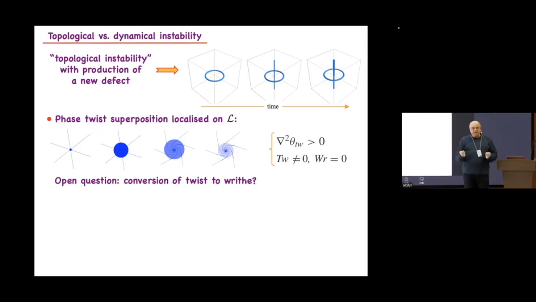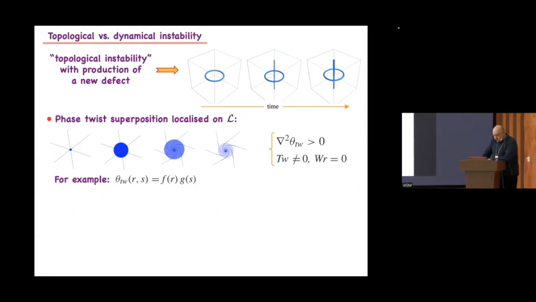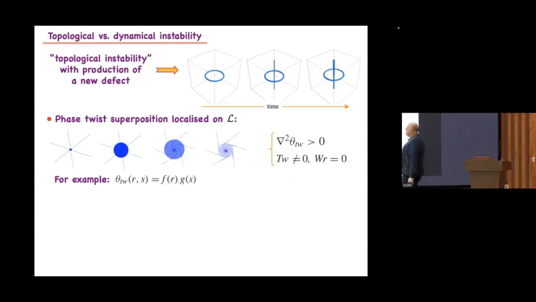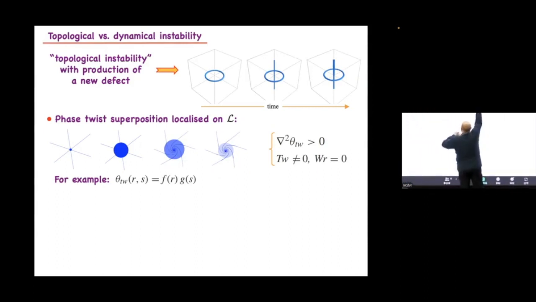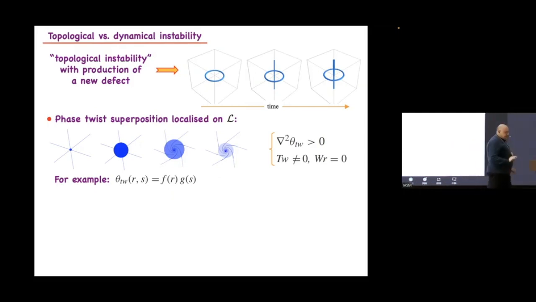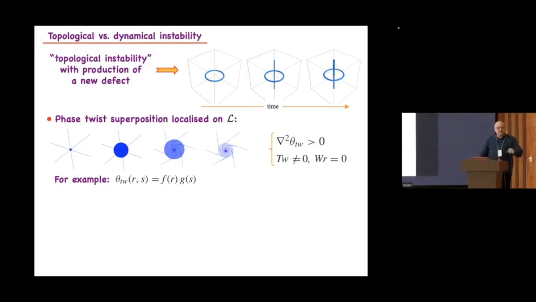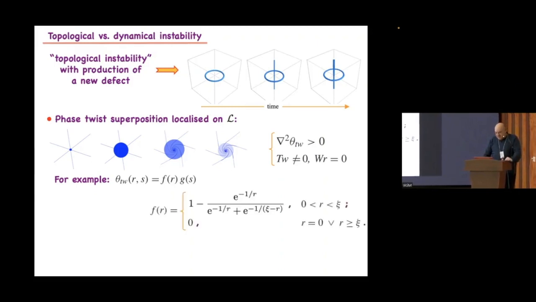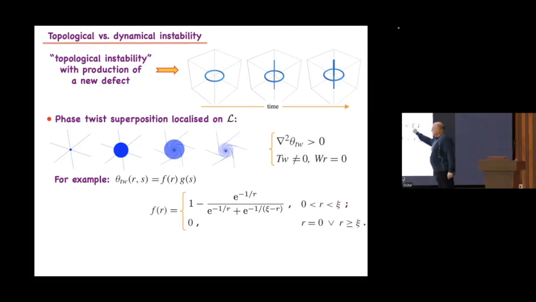Well, this is known to happen for some theoretical models, you know, high energy physics, etc., etc. People apply this to a number of cases, and they found this possibility. So I came up with, say, a function. Imagine that you have a twist phase that is localized on the nodal line. So there is a combination of two functions. These are just made up from mathematics. And suppose you have something like this that decreases and goes to 0 critically outside this healing region.